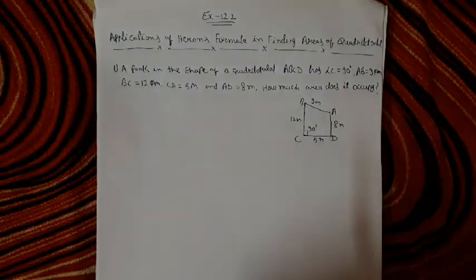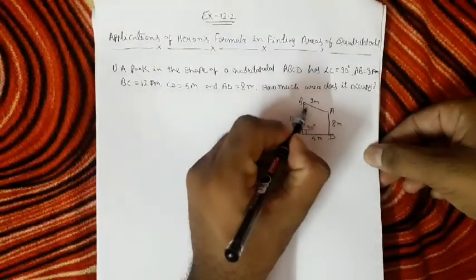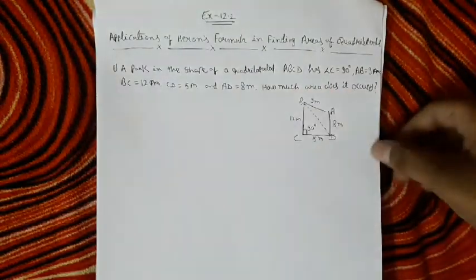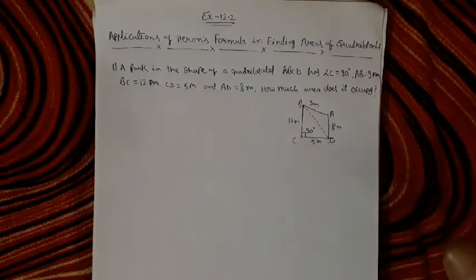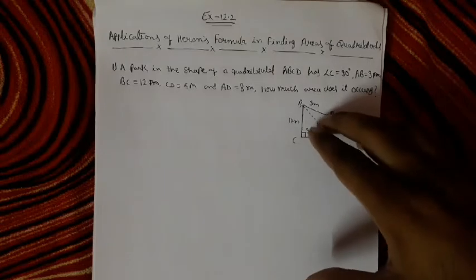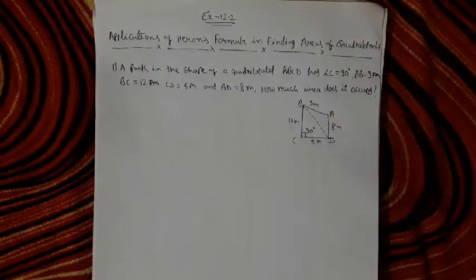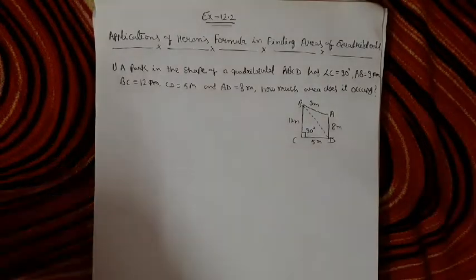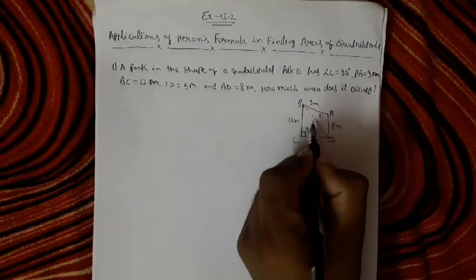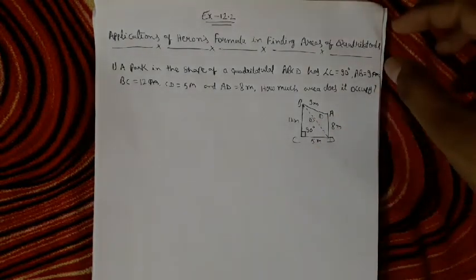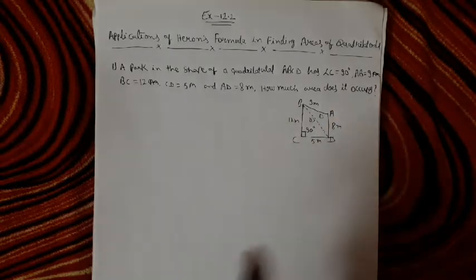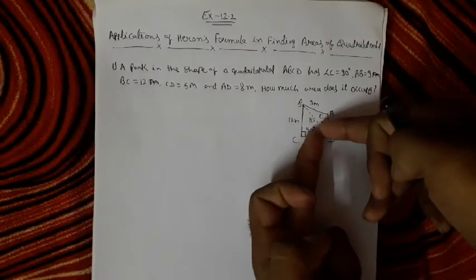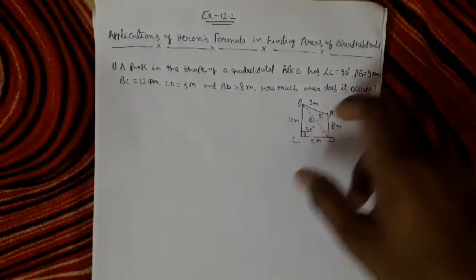As I told you, we are not able to identify which type of quadrilateral this will be. For that, we'll divide this quadrilateral into two triangular parts. So here I have joined B and D, and I see that this divides it into two triangles. We find the area of these two triangles, and when we add the areas of the two triangles, we'll get the area of the whole quadrilateral.